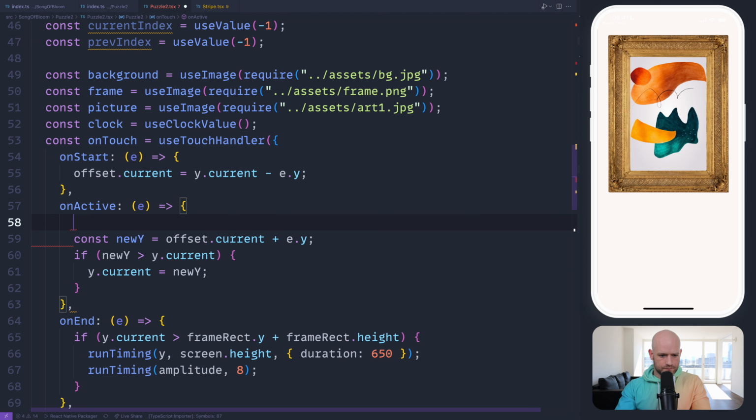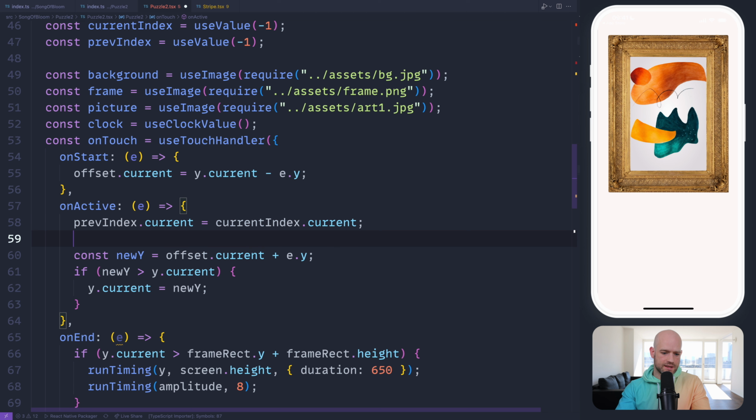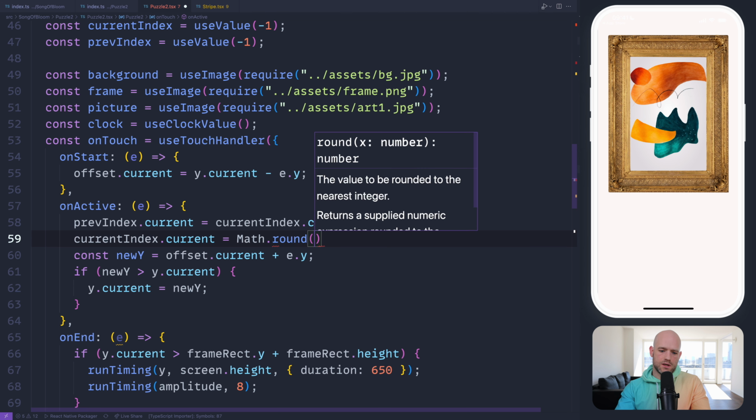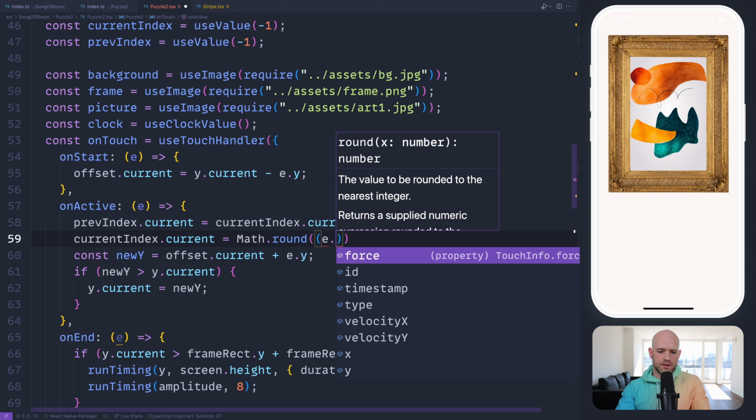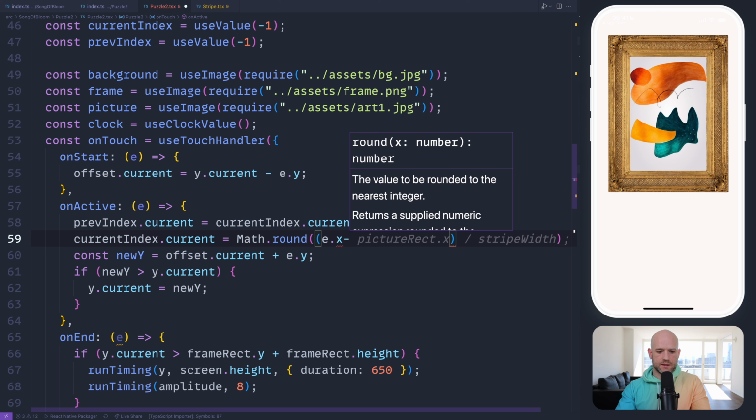So on active, the previous index is the last index, is the current index, and the current index is, we do a round of e.x minus picture rec.x divided by stripe width.